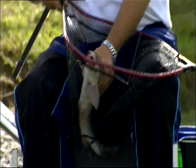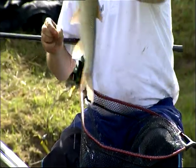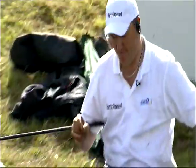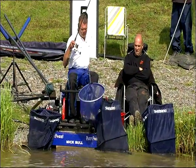Well done. Yeah, it was very close last year as well, because if you remember, Chris Elliott and Andy Neal were both catching well. Chris Elliott had a brilliant last half hour and caught Andy Neal. If you remember, he went into second. I don't think he really needs a lot of encouragement, because I think he's got it all under control. There's no putting that guy off, is there? Speaking of the devil, there's...